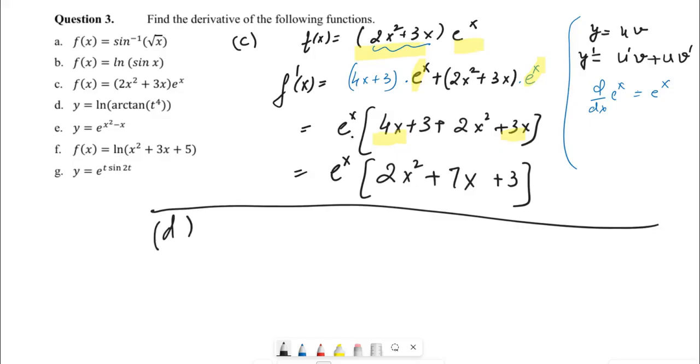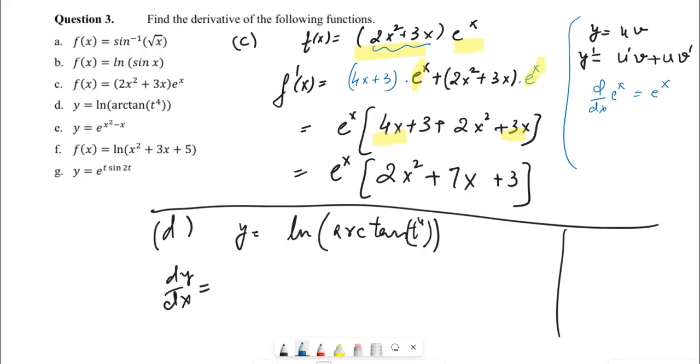Let's work on part D. y is natural log of arctan of t to the 4. y is a function of t. So when you find dy by dt, the first formula we need to use is the derivative of natural log of x is 1 by x. Here the variable is t, so write dy by dt. And the inside function is arctan, so 1 by